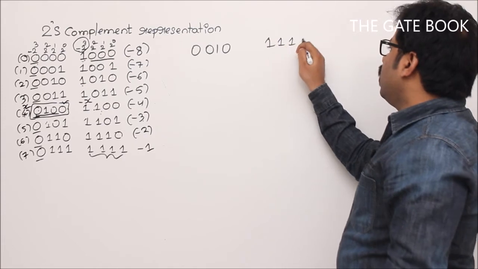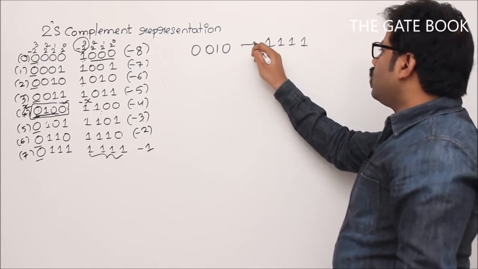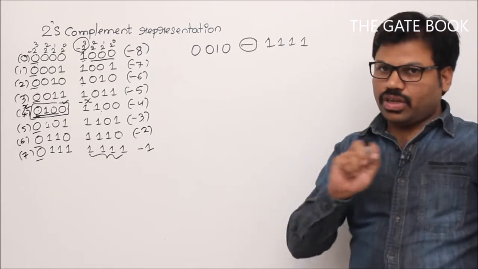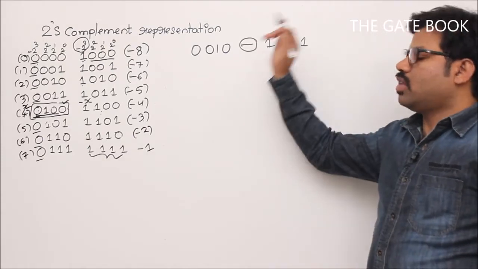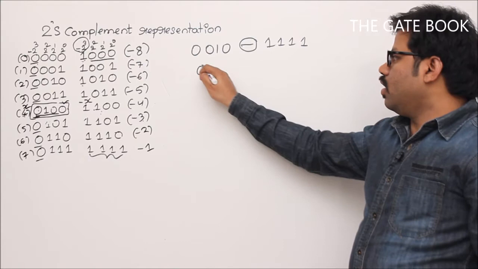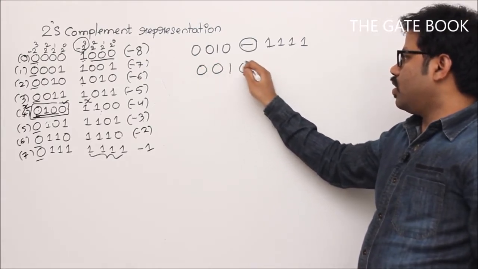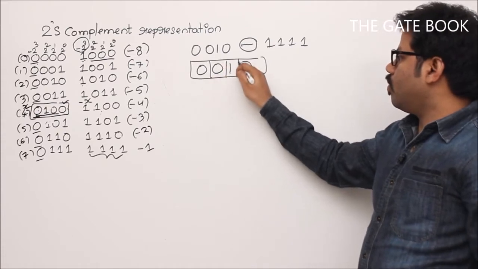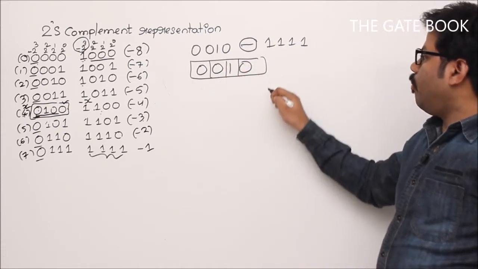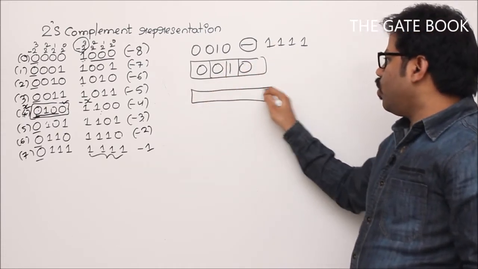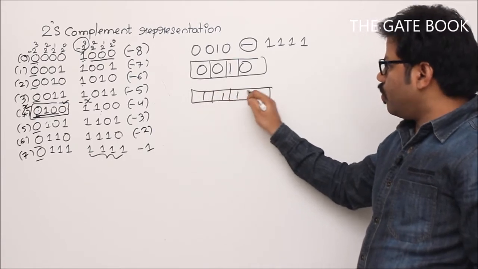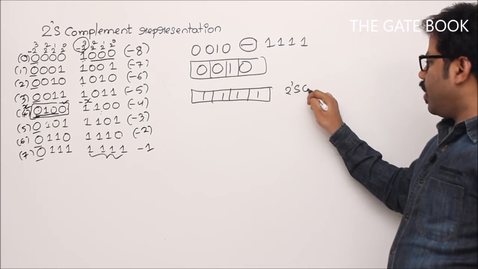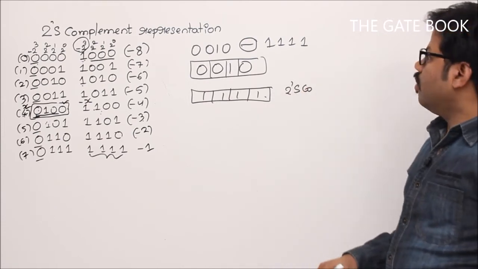The question is how your computer can do subtraction. Simple. Using an adder circuit, your computer is going to do subtraction. How? First of all, your computer takes 0 0 1 0 into one register, let's say. Second, your computer takes 1 1 1 1 into another register. Then your computer performs the 2's complement operation for this number. Why? Because